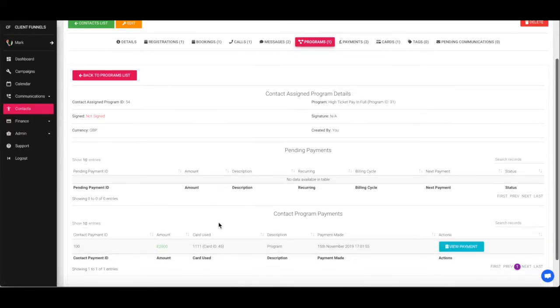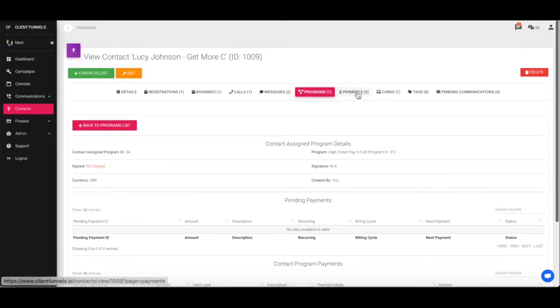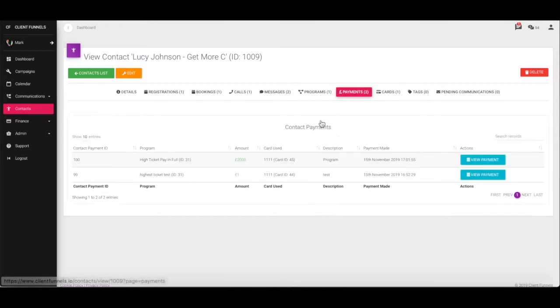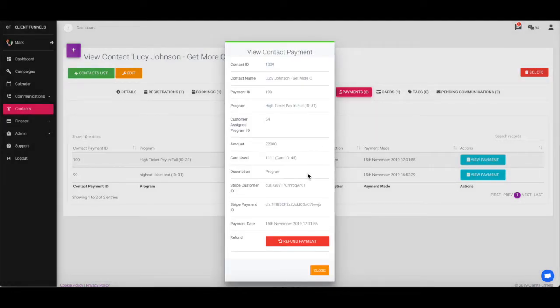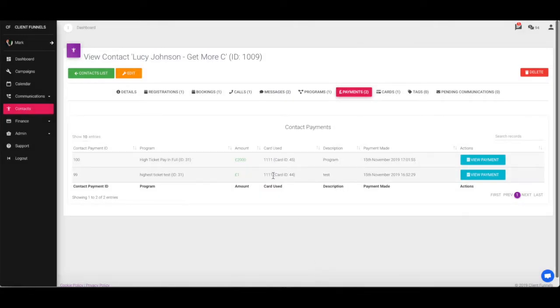So what I'll do is I can scroll down here and I can see that the payment was made, or I can check in here by going to payments and I can see that the payment was made for the amount of 2,000 because it's green, and I can see the view payment and I'll be able to see all went through fine. No problems at all. It's all been authorised and everything, so we are all good. So that's good. Now, that's obviously how you would do it if you had a